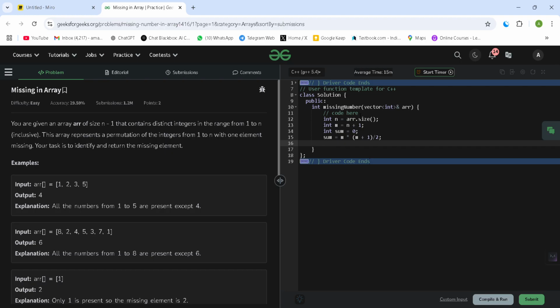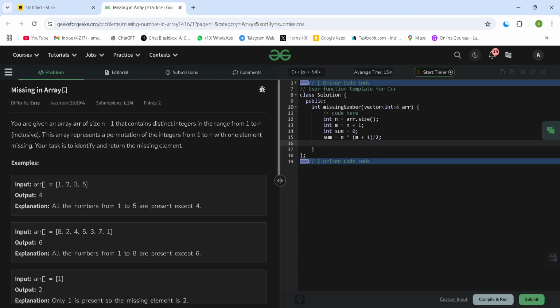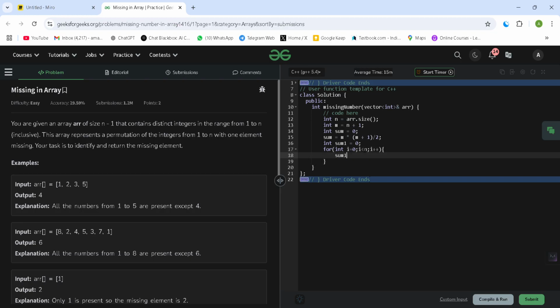Here this is sum, and to find out sum 1, you have to iterate the what? Array to find sum 1. So sum 1, let's initialize it with 0 and iterate to find sum 1. I is equal to 0 and I should be less than n, and I plus plus. So sum 1 is equal to sum 1 plus array of I,